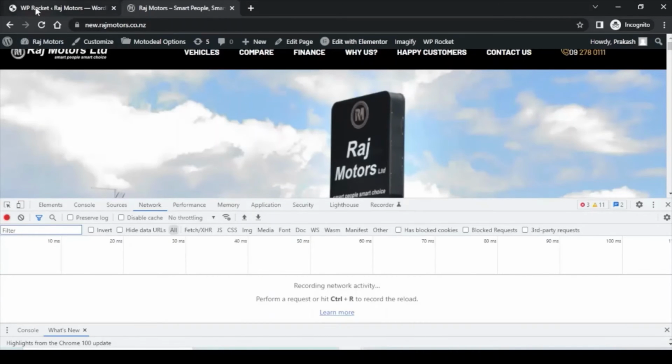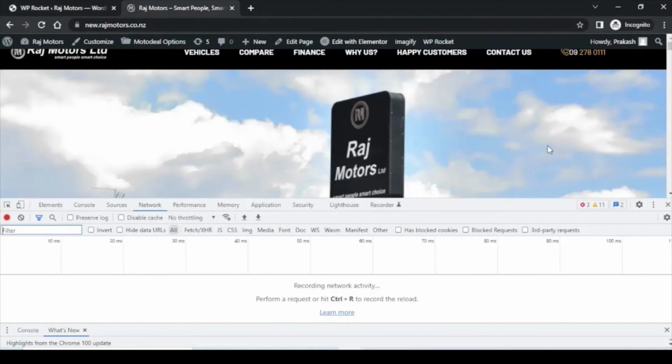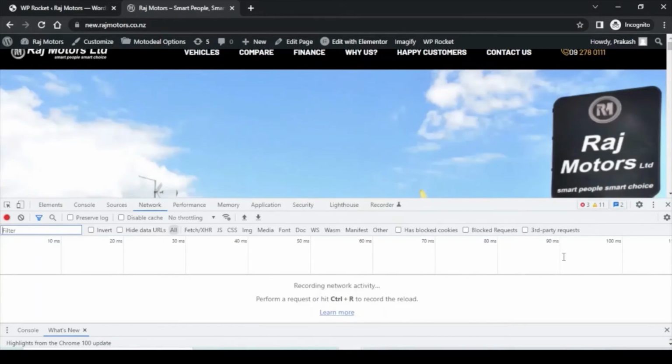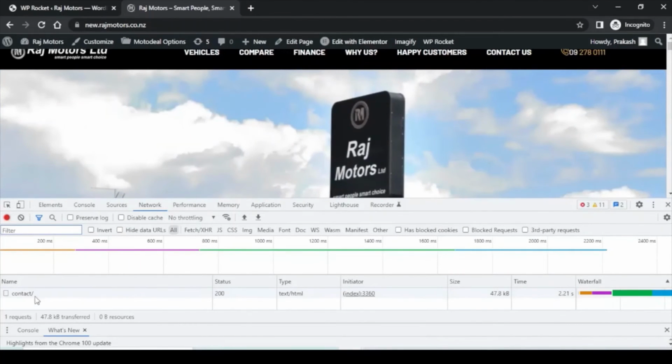So when we enable the preloading option on the WP Rocket plugin, what it does is it will preload anything when the visitor hovers over any of the links on our website. Whenever I hover over any link, you will see that some entries will be created over here, which will reflect the data which is downloaded on our browser. So let me hover over the contact us section,